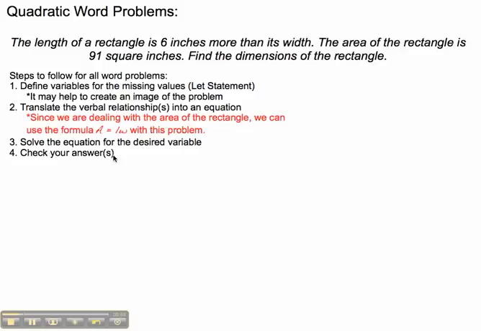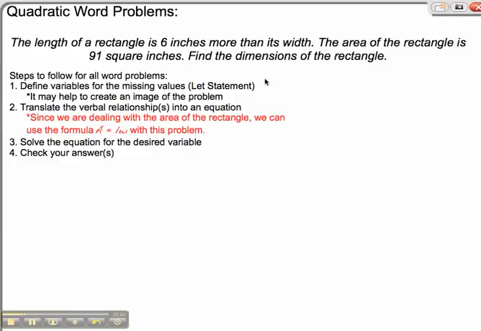So the question we have says the length of a rectangle is 6 inches more than its width. The area of the rectangle is 91 square inches. We're going to find the dimensions of the rectangle. That means we're going to find the length and the width. Okay? First is to define the variable. So let's take care of step 1. That is to create a let statement. So we let,